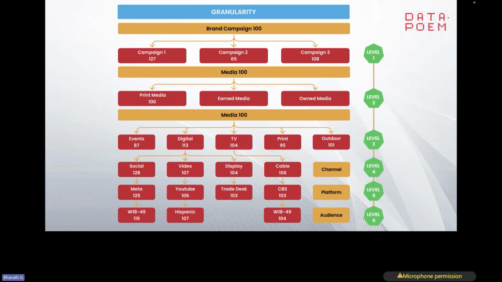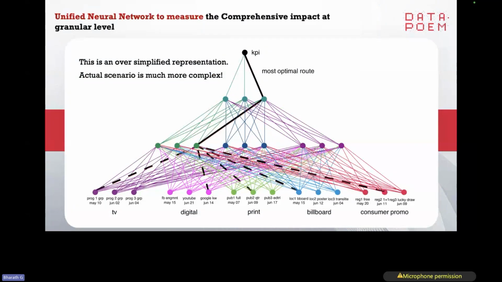And that is where the traditional MMM systems lack, because they stop at 60, 70 variables, whereas this kind of a structure requires almost 300 plus variables. And that's where neural networks actually come into picture, right? So if you look at this representation of neural network, which is primarily,